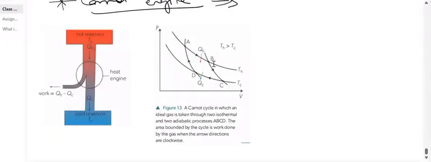Since pressure is decreasing, it will be isothermal because temperature is constant. Yes. Now have a look over here. B to C. Here what is happening? B to C is also the same thing. Oh, okay, ma'am. One second. The arrows, is it opposite?